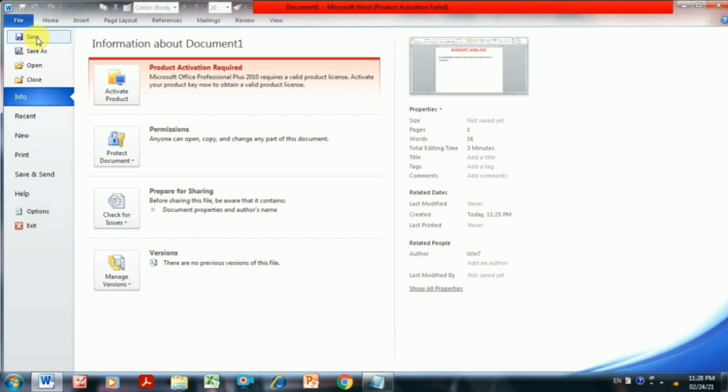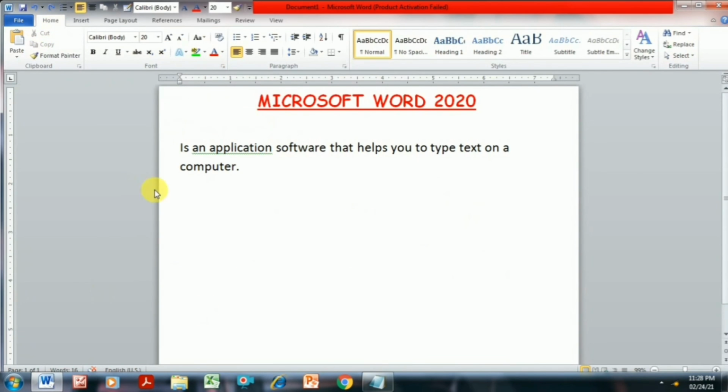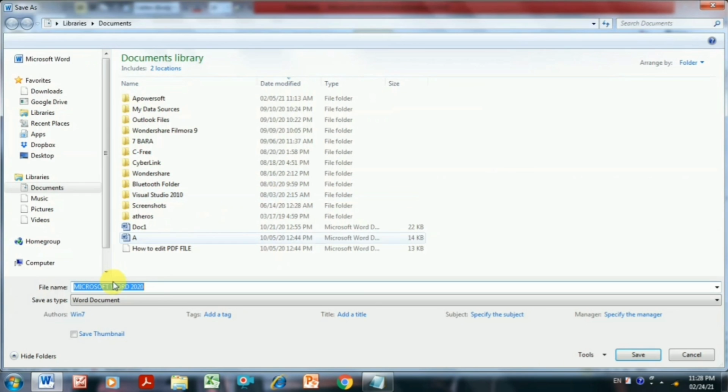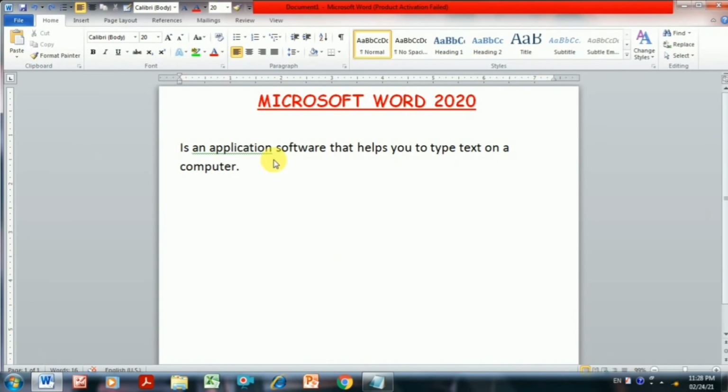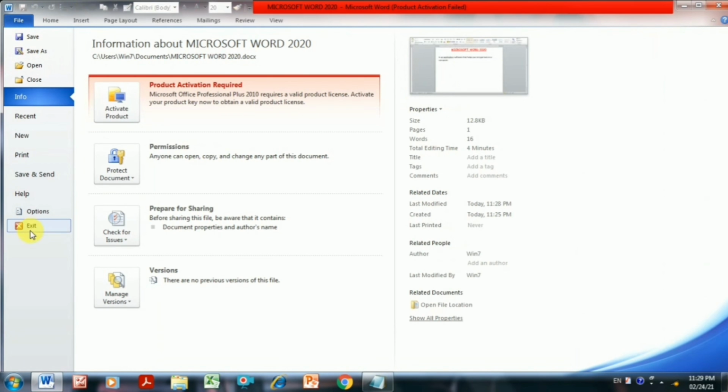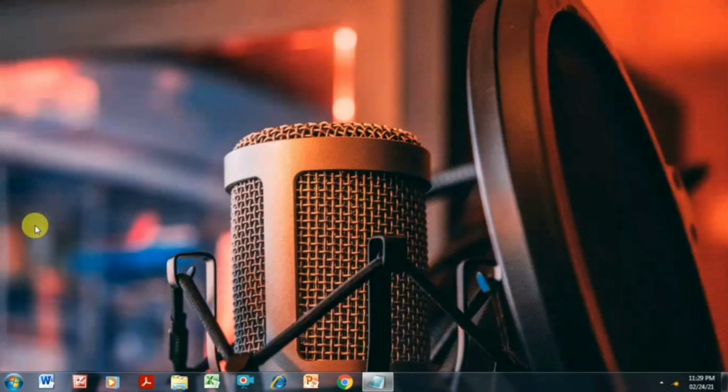Now here I will click on Save. I will give my file some name. So I have given the name Microsoft Office 2010. Now see this, the changes. The red bar, what you can see at the top. First it is Document 1 by default. Now it has changed to the new file name. Okay. Now if you want to exit the file, you can go to File menu and just click on Exit. Whole application will get closed.